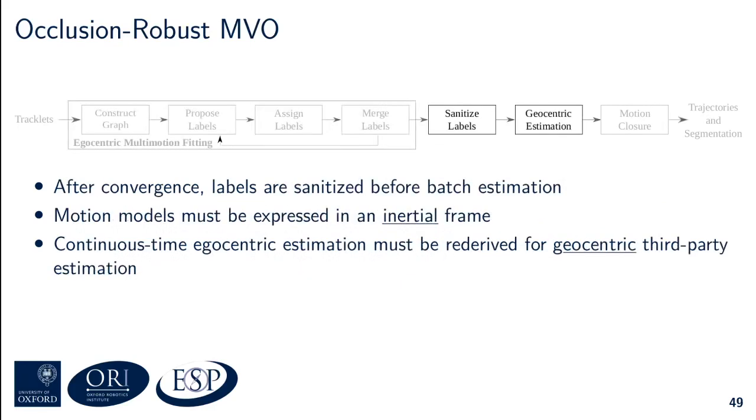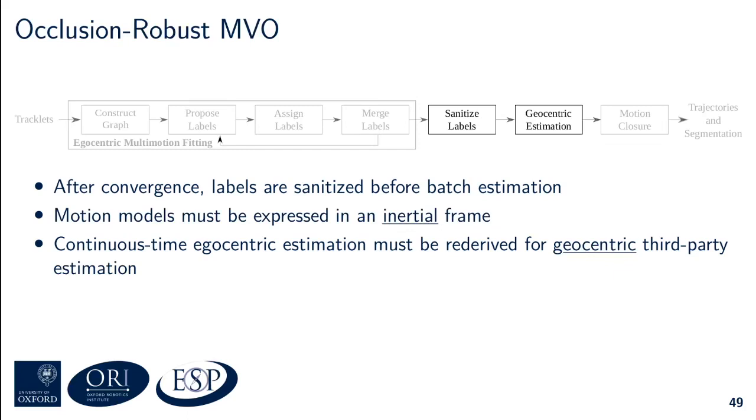After the segmentation converges, any remaining outlier points or spurious labels are sanitized before re-estimating all motions in a geocentric frame. Unfortunately, the continuous time ego motion estimator defined by Anderson and Barfoot cannot be directly applied to estimate the other motions in the scene because the motion prior must be expressed in an inertial frame rather than the non-inertial egocentric